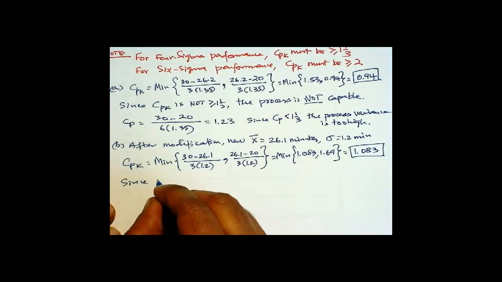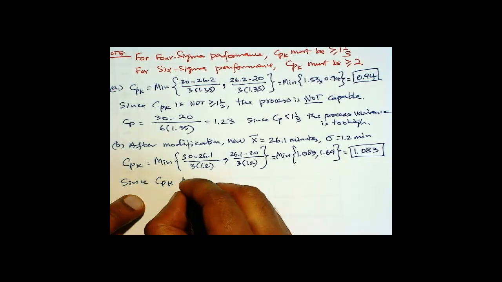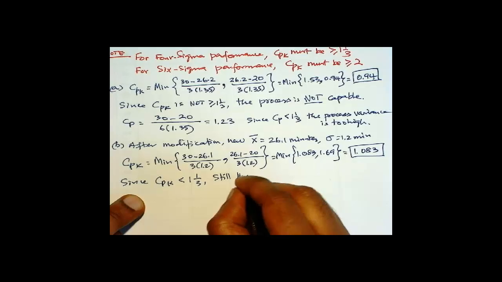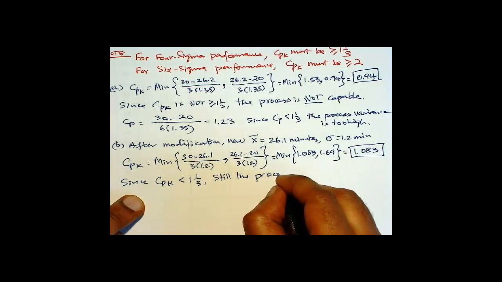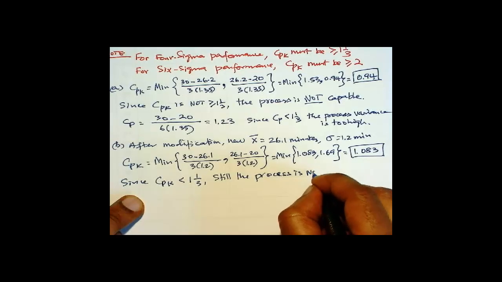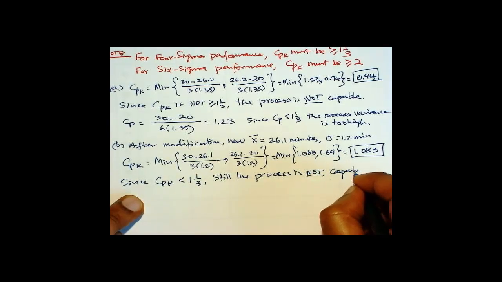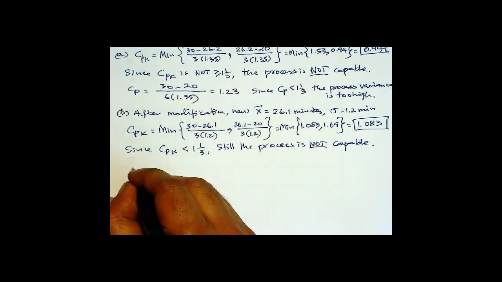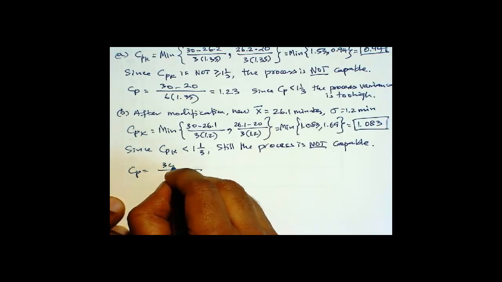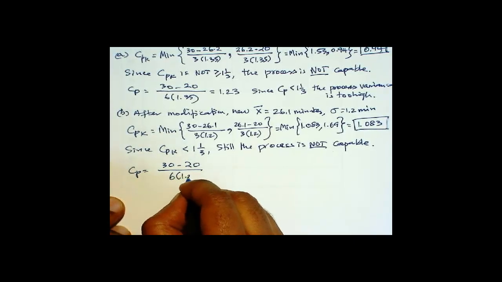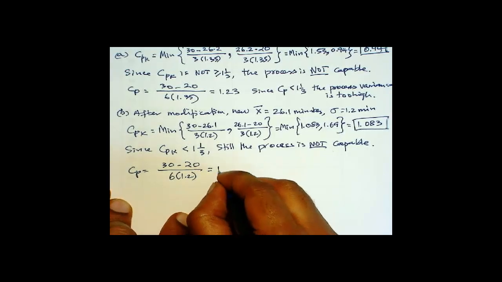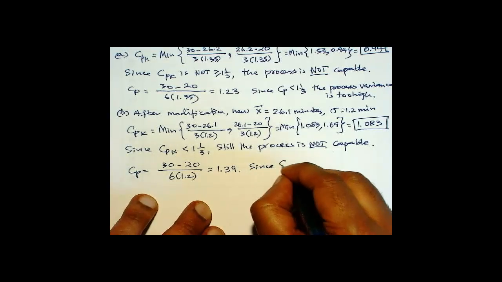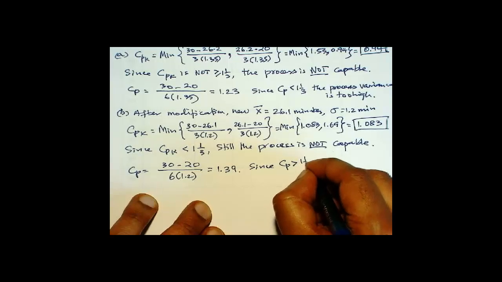Since C sub pk is less than 1 1/3, still the process is not capable. But what about C sub p? Did that change? Or is that okay? And this gives us 1.39. So since C sub p is greater than 1 1/3,